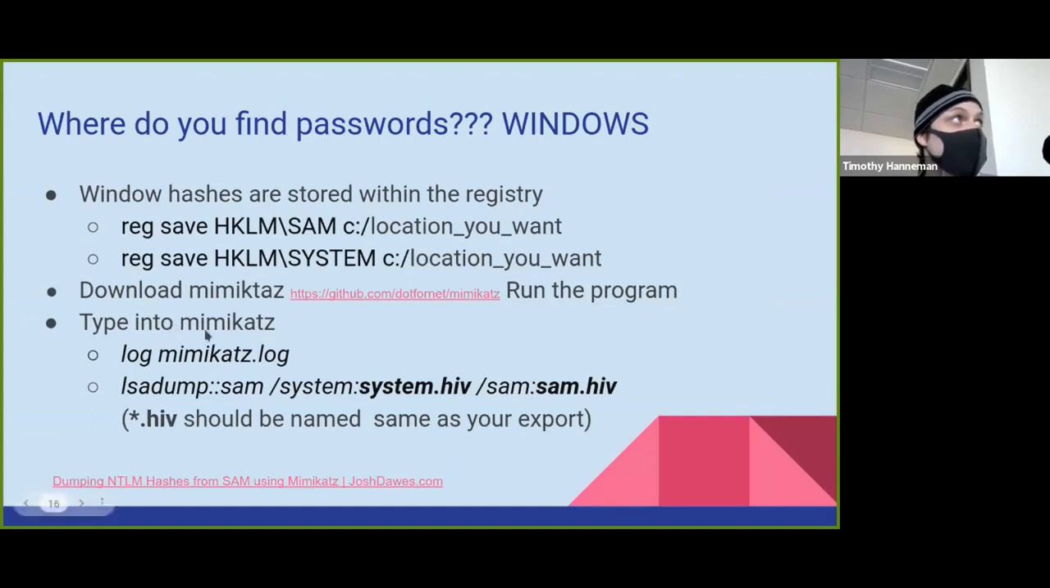So you type Mimikatz into the PowerShell or command prompt. If you want to log the stuff that you're doing, the command is log mimikatz.log. It'll save it to the directory that Mimikatz is in. The command in order to extract the Windows account information is lsadump::sam